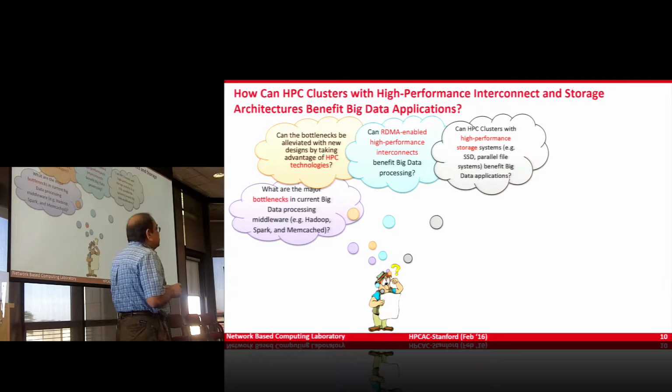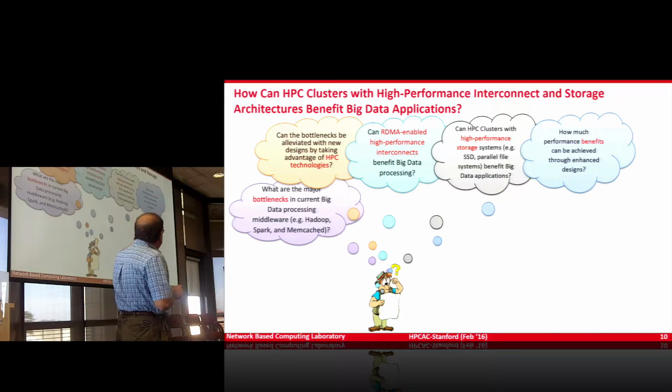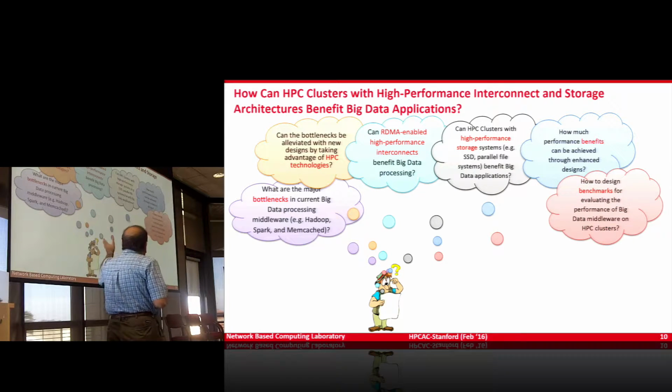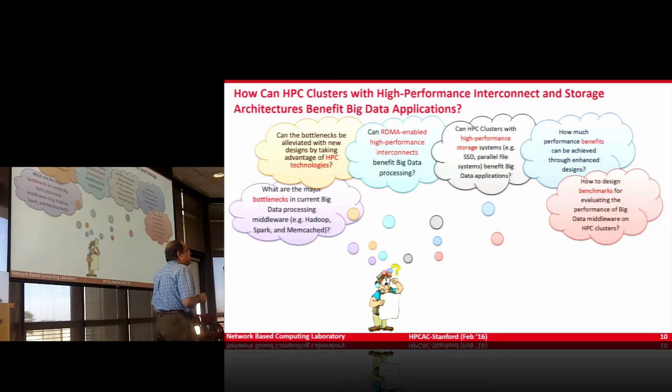At the same time, as many of us know, HPC clusters use parallel file systems like Lustre and GPFS. Can we also take advantage of that? And if we can do all these things, how much performance benefit can we extract using the same hardware? If we redesign the software stacks, can we get more and more performance out of this? And how can we do the benchmarking?